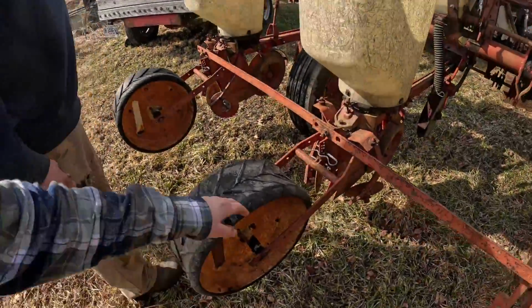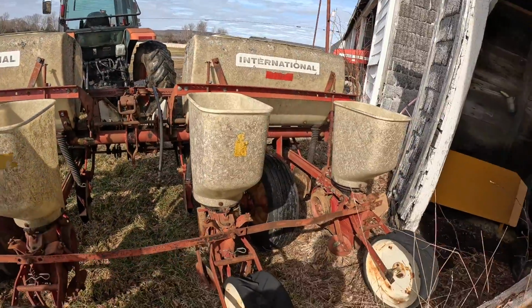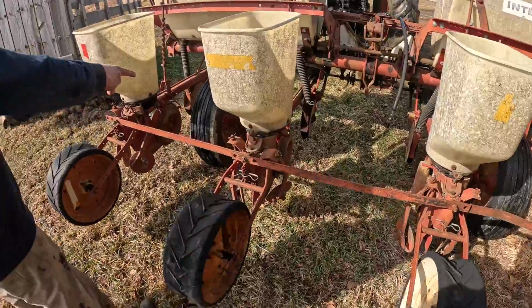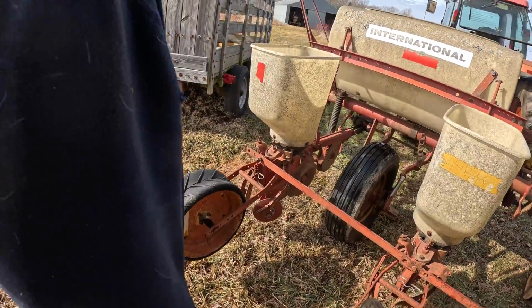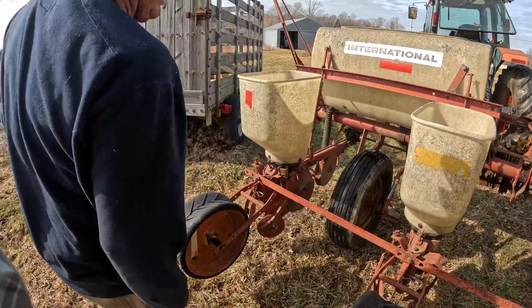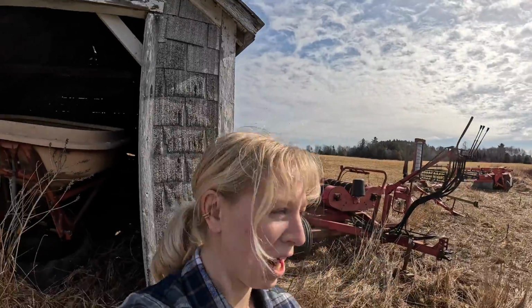All right, let's go hook the chisel. Considering how old it is, it's really in good shape. Yeah, it is. Maybe we can take that tire off today. Oh yeah, I forgot. We still got to get that fixed. Well, dang, it's a good thing you mentioned that. I would have just been out there trying to plant and the tire's like...